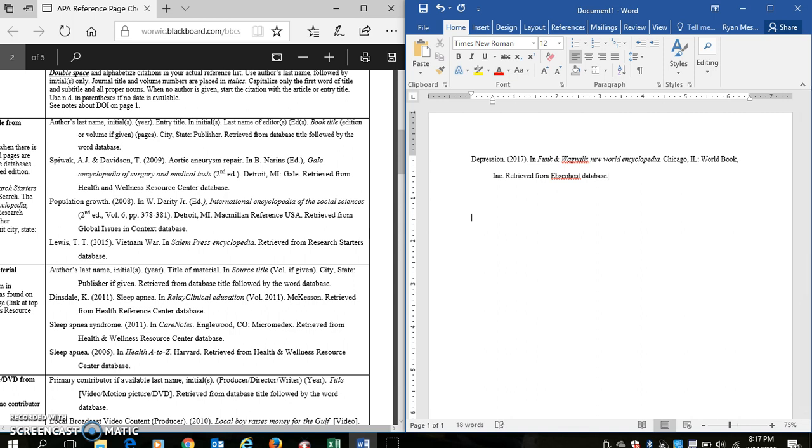And then just for general knowledge, right, if we were going to use this as an in-text citation, when we cite it, we would use Depression 2017 as our in-text citation. So hopefully this was helpful. Hopefully this is something